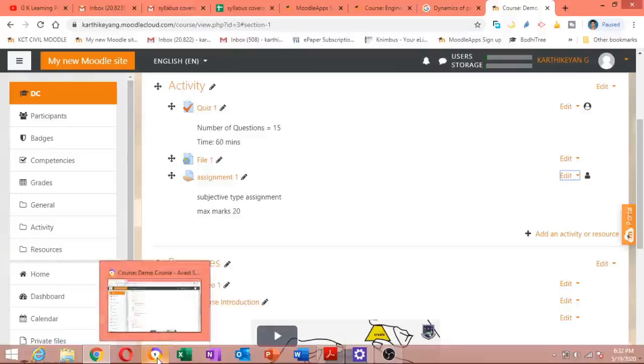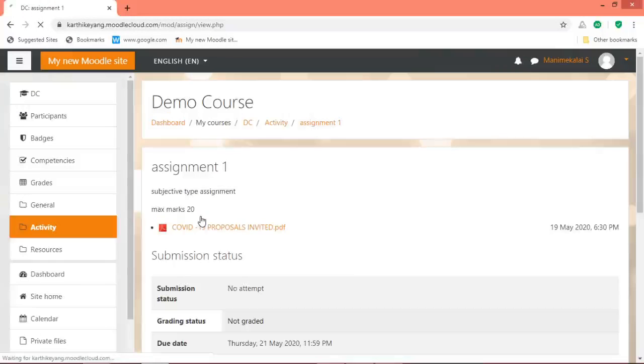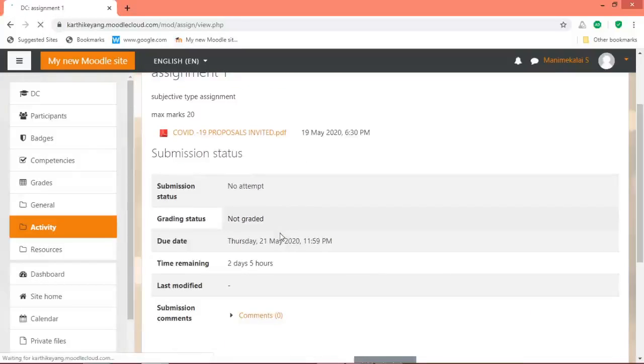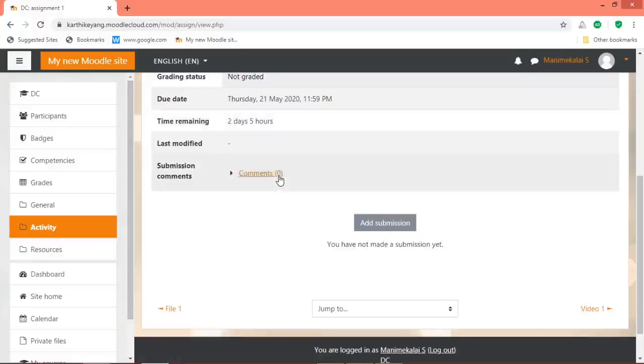As a student, they can view the submission. They can open the submission. Once the student opens the submission, the page looks like this. The question is here. Students can open this question and go through the document and do the assignment, either writing and scanning the document and uploading it, or typing it as a Word file and then uploading. Once they finish all the assignment work, they can submit.